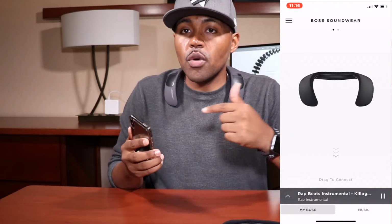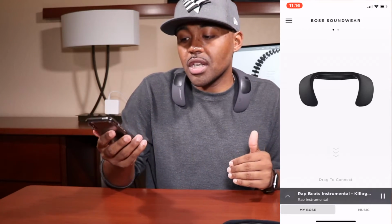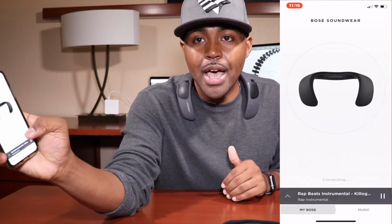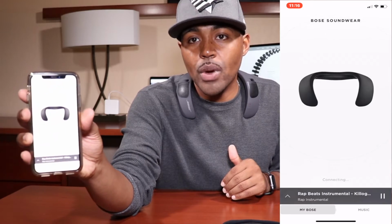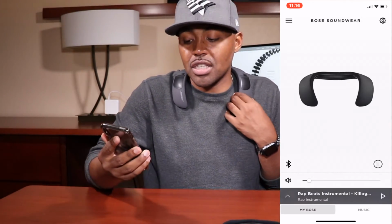So when you're ready to pair these to your mobile device and you have the app downloaded, you hold down the Bluetooth button on the left side and this will show up. I don't know if you can see that well, but once your phone and these headphones have established a connection, it'll say that it's ready to connect, and all you do is swipe down on your mobile device, and it'll automatically connect just like that. It's that simple. Let me go ahead and play